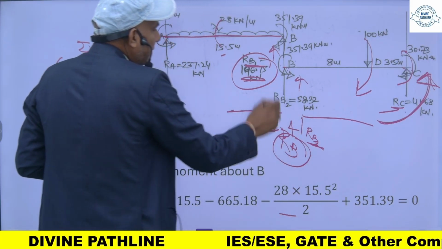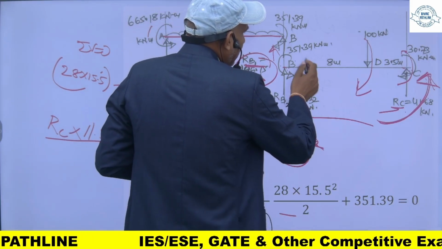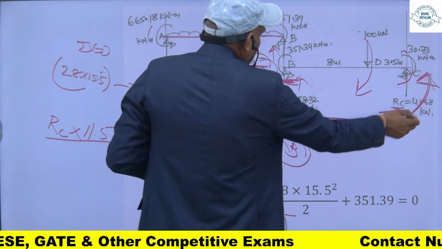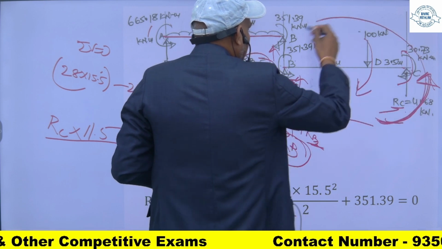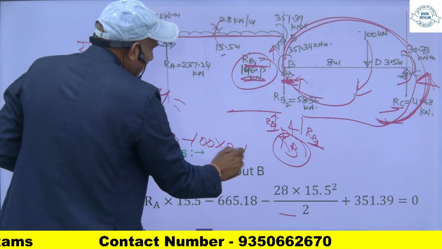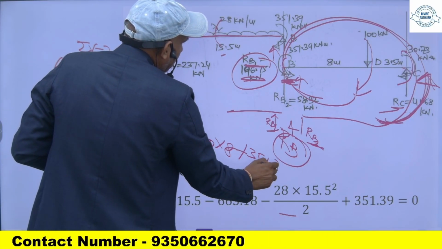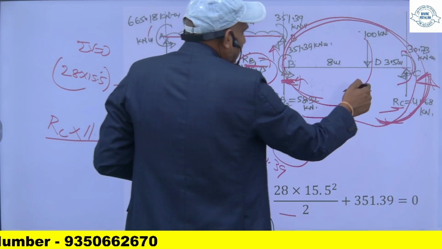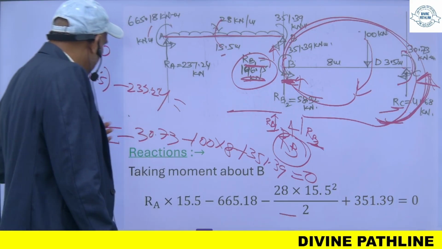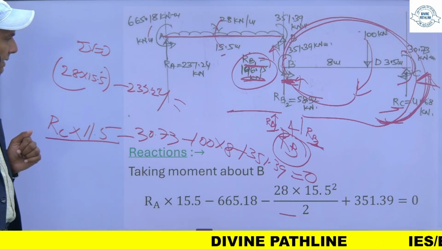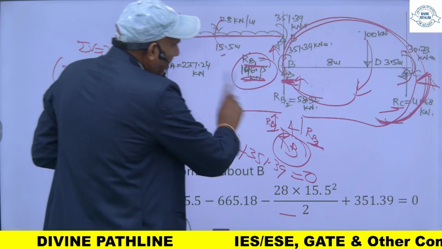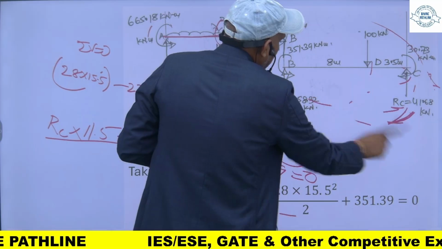और यहां पर जो मोमेंट है, ये इसके सेम डायरेक्शन में है। अगर ये रोटेट करके ऐसे आएगा तो ये भी उसी डायरेक्शन में है, तो दिस विल बी पॉजिटिव 351.39। ये इसी डायरेक्शन में, इट इज एंटी क्लॉकवाइज, दिस इज आल्सो एंटी क्लॉकवाइज, इज इक्वल टू 0। आप इससे RC फाइंड कर सकते हैं, इससे RC की वैल्यू आ जाएगी। अगर मान लीजिए मैं इसमें दूसरा साइन कन्वेंशन फॉलो करना चाह रहा हूं।